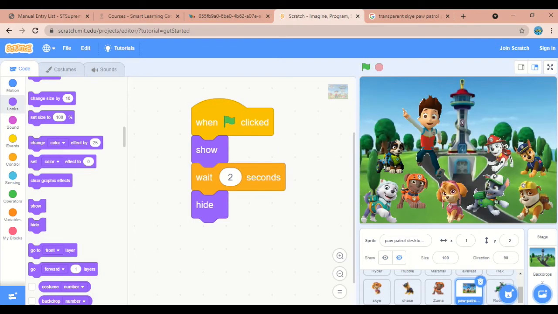Yes. So next what we want to do is add code for these characters. After that, what will happen? We don't want to see all these characters. In the video we have seen, we want to see only the Rider first. See, like this.